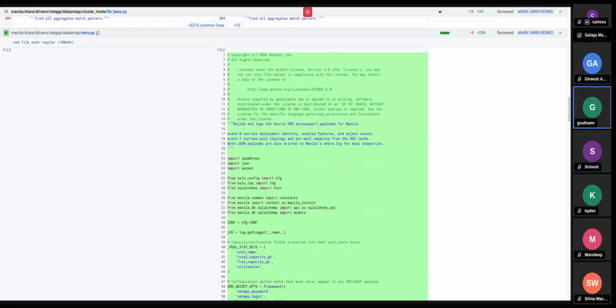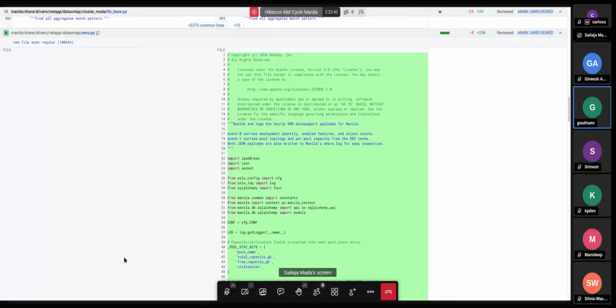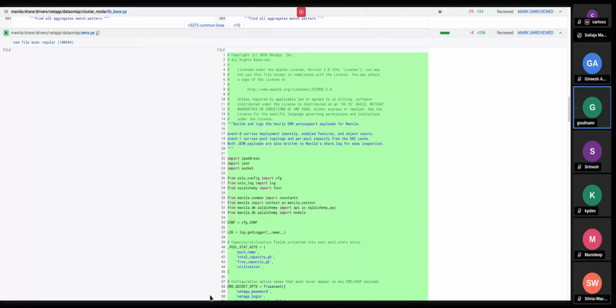So you would have to explain to them that this is being used for troubleshooting, and that is why we're plumbing it through auto support. You already have the mechanism to turn off auto support from ONTAP, but here is a control for you from OpenStack, and this is all of the information that we are reading from OpenStack itself, to enhance our troubleshooting information. That's how I'm picturing this.